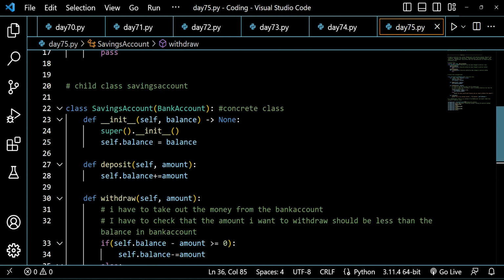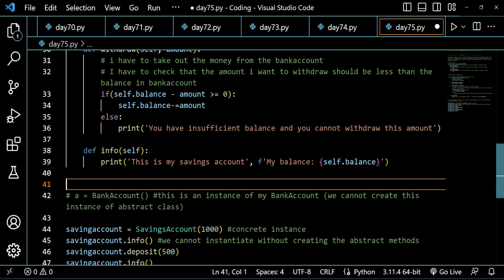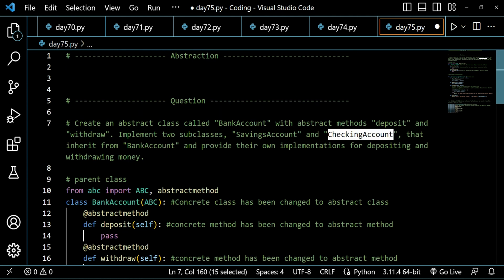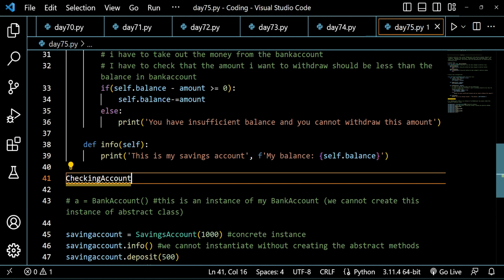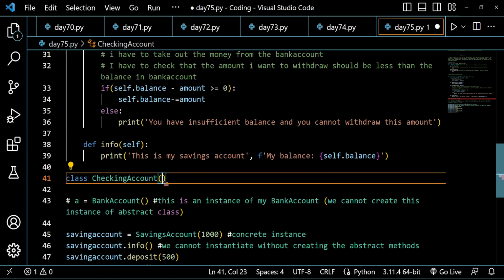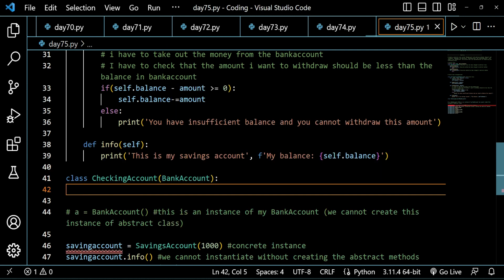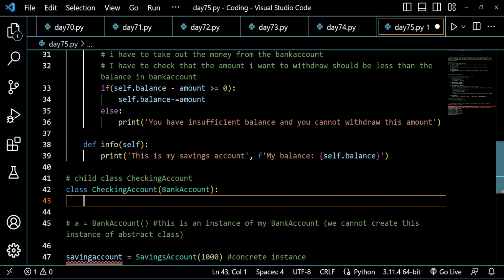Similarly, this is my concrete class 1. I will be creating one more child class, that will be my checking account. So let's just copy this and paste it here. It will be very similar to the class which we have created here. So this will be my class checking account, and it will also be inheriting from my bank account, and then it will be having something like this. And I will be writing a comment here saying child class checking account, and then I will be creating def init here,